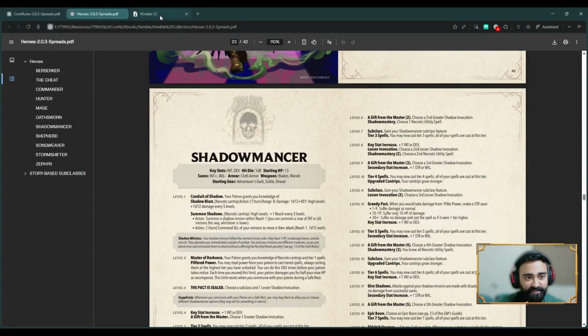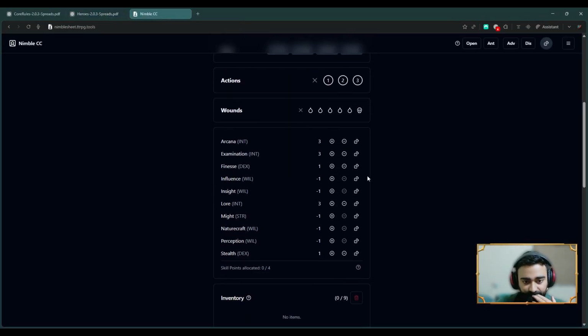Now the next thing is you get 4 additional skill points to add to your skills. So in this case, I'm going to add to stealth. So the background I'm thinking is